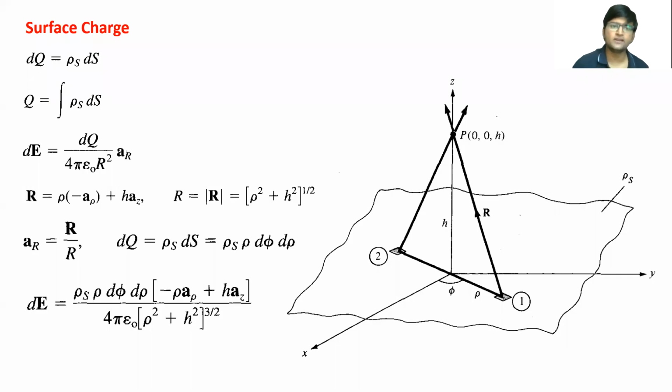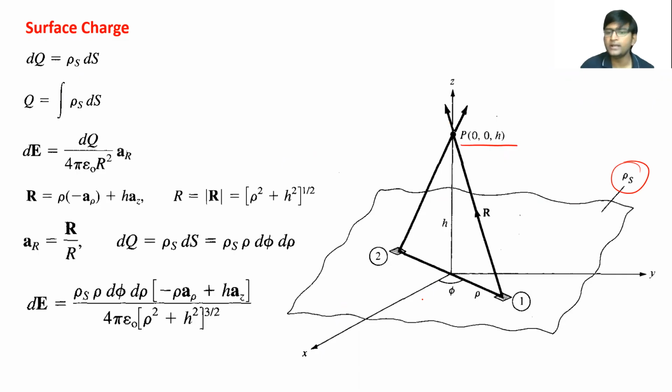Now, similar to the line charge, let us quickly discuss the infinite sheet of surface charge distributed over the xy plane. So I have taken the xy plane, over which we will consider an infinite sheet with surface charge density rho s distributed, right? And we will be calculating the electric field at a point on the z axis, given by (0, 0, h).